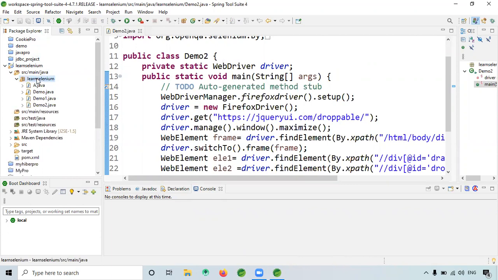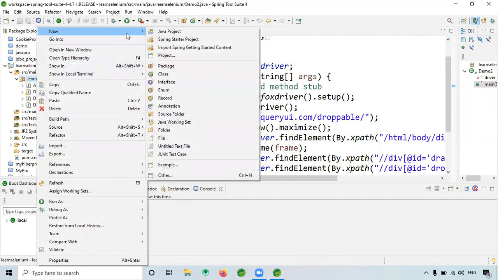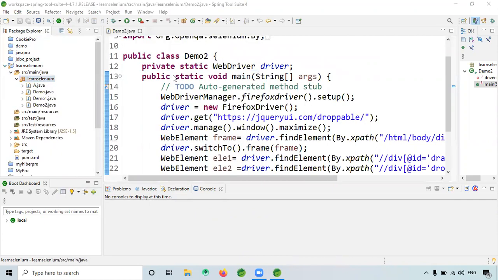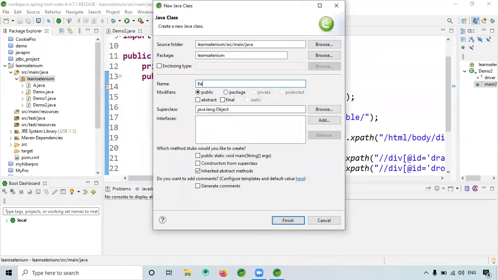Okay, so I'm creating a new class. Let me name it keyboard data.